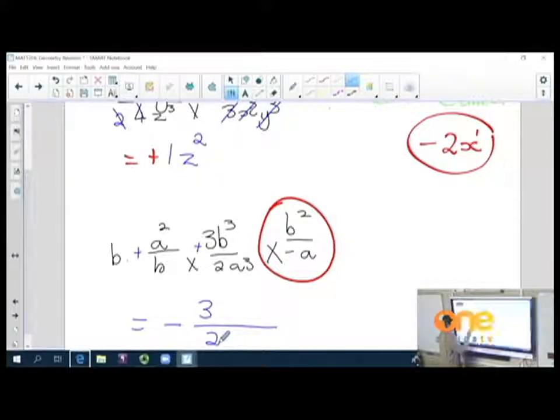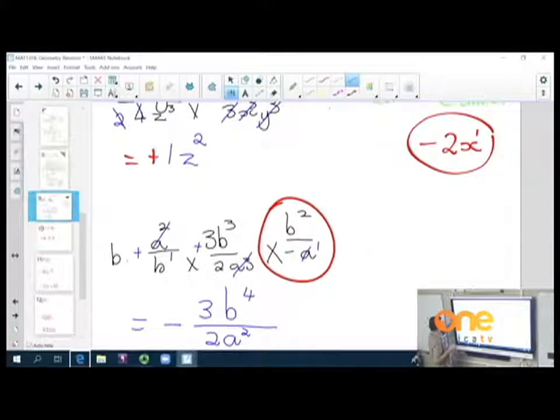Now the indices. A to the power of 2, and here we have a to the power of 3 and a to the power of 1. So this is a to the power of 4. You go where the biggest one is, minus that one is then a squared. So we write it there because the biggest one is here, a^4 minus a^2. Now the b's, 3 plus 2 is 5, 5 minus 1 is b to the power of 4. Right, the next one,